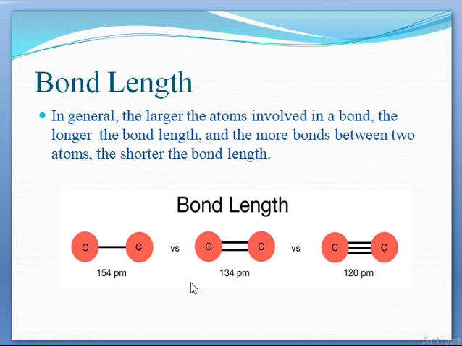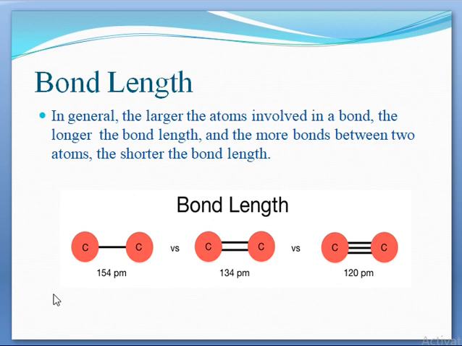In general, the larger the atoms involved in a bond, the longer the bond length. And the more bonds between two atoms, the shorter the bond length. Understand? The larger atoms have a larger bond length, and with more bonds in between the atoms, the bond length is